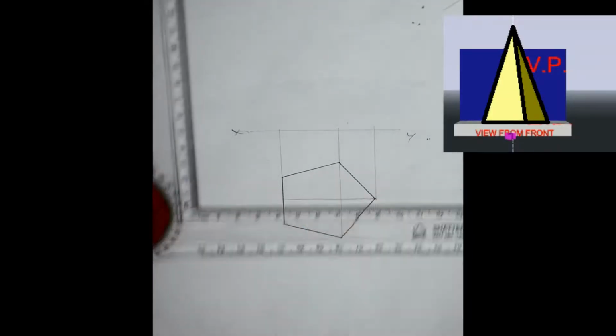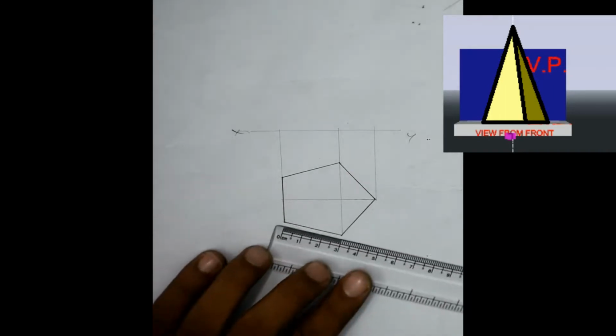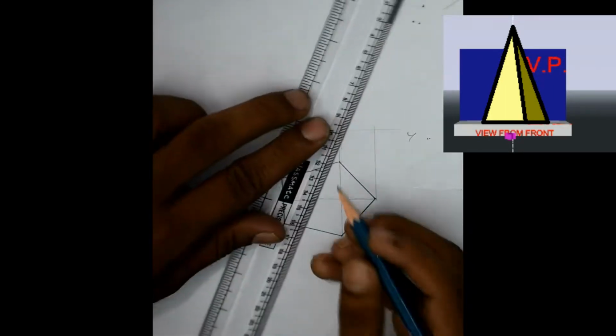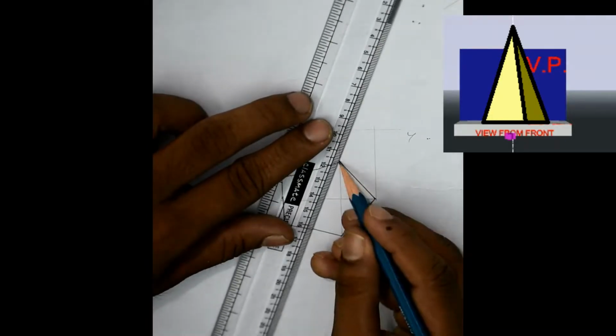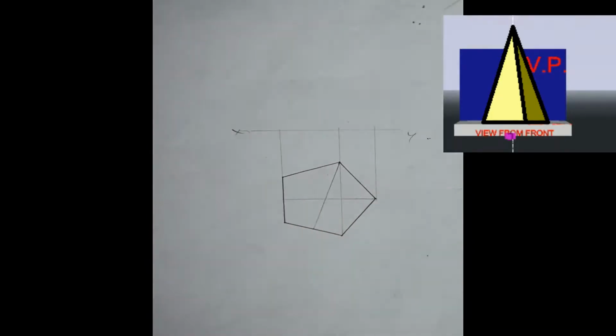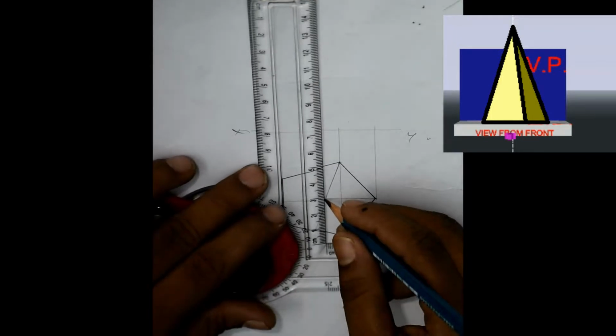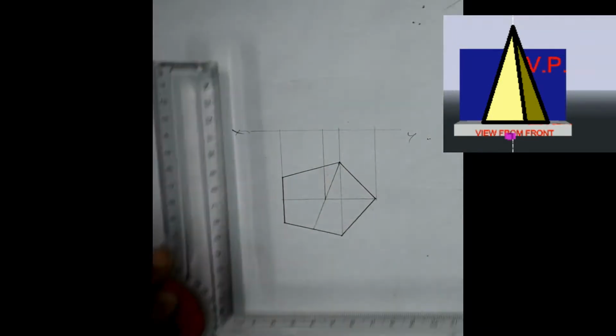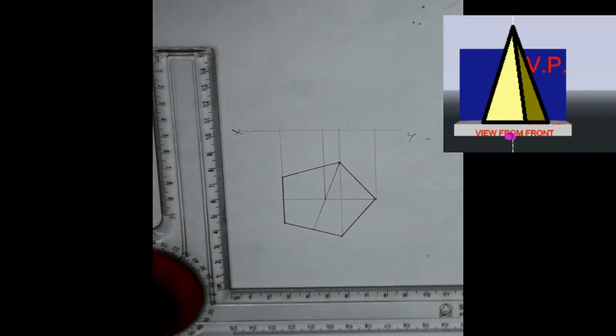For the axis line, as you know, select any line, point, and then join it with the opposite corner. So this is going to be your center point, which means from here there will be an axis.